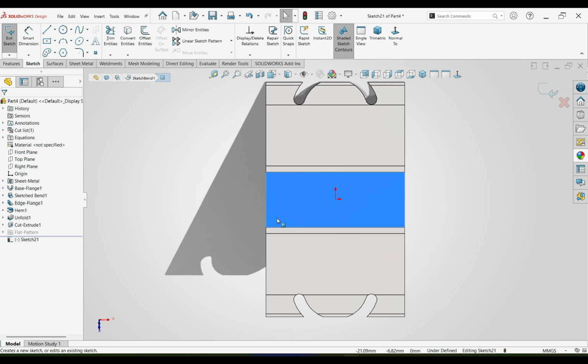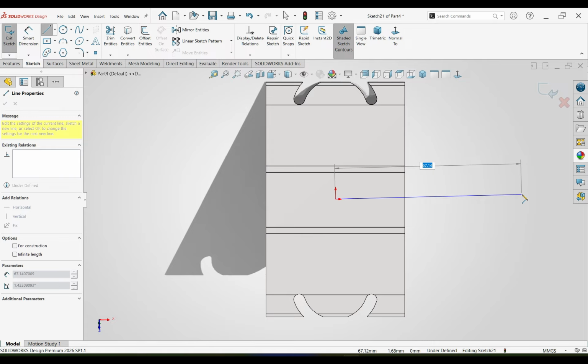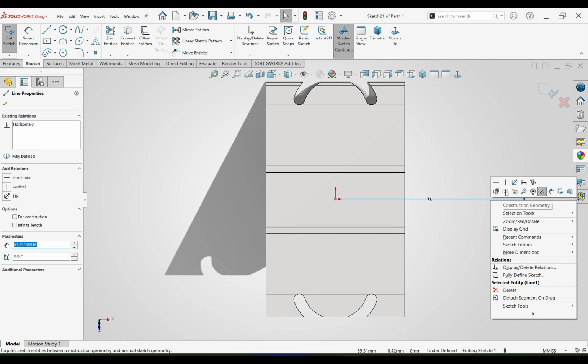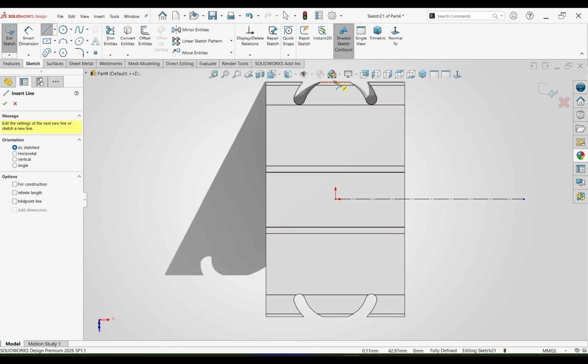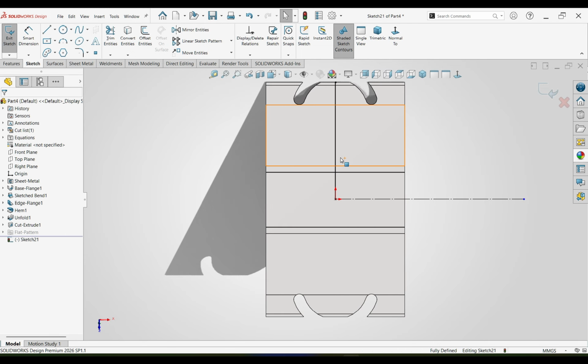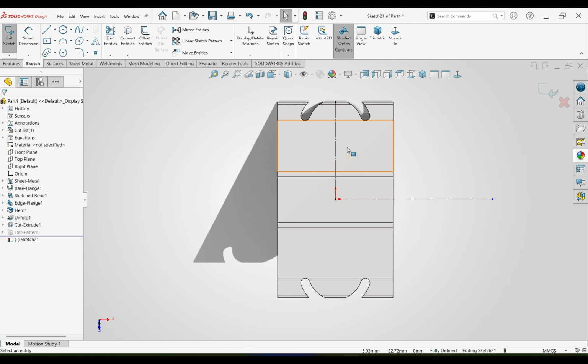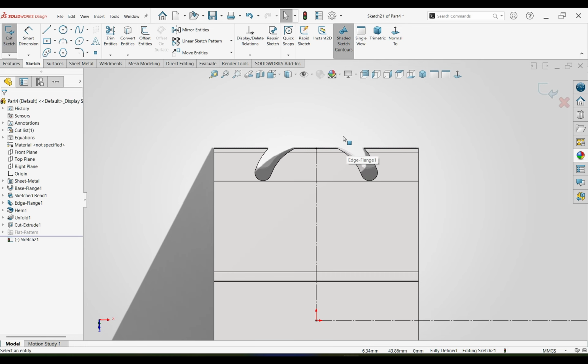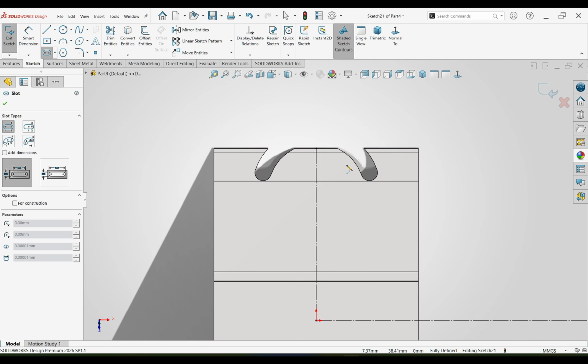Next we will again cut this face, select this face, draw a horizontal line and make it construction geometry and vertical also and make it construction geometry. Here we will cut something. Select straight slot, draw slot here